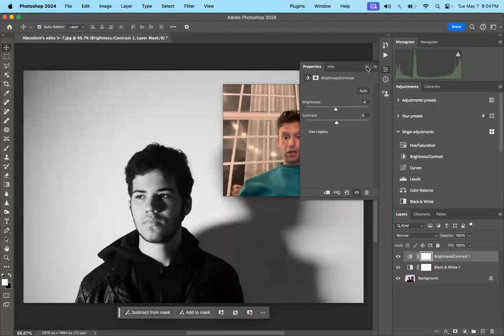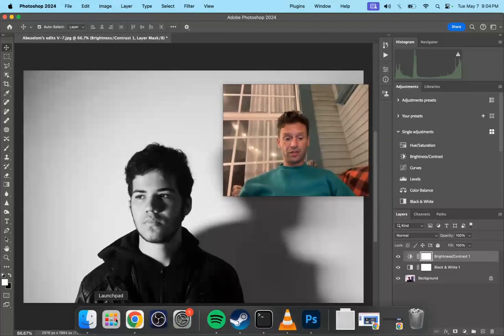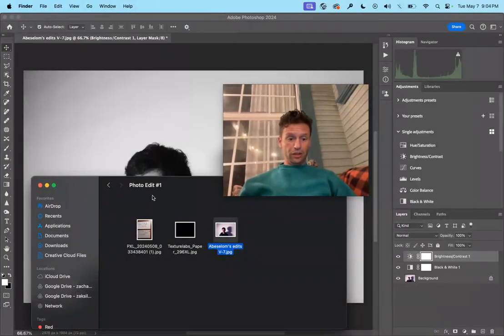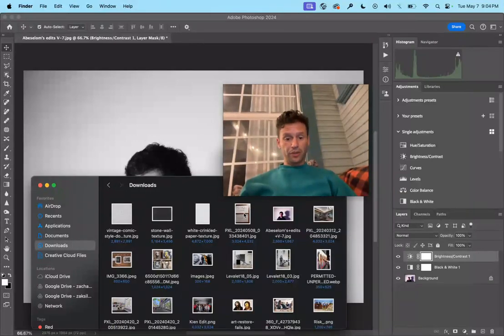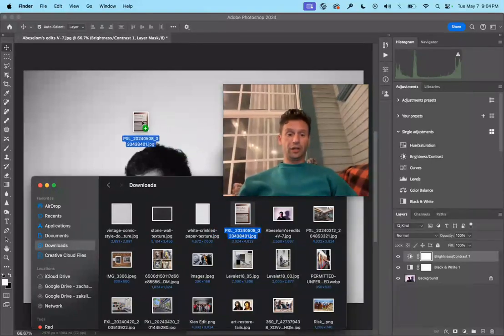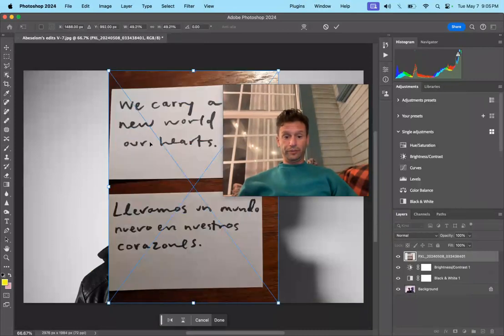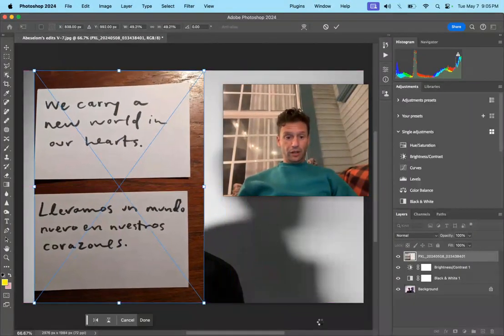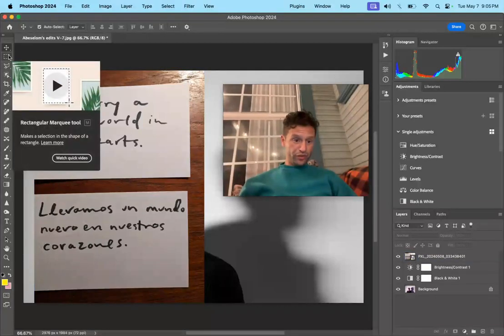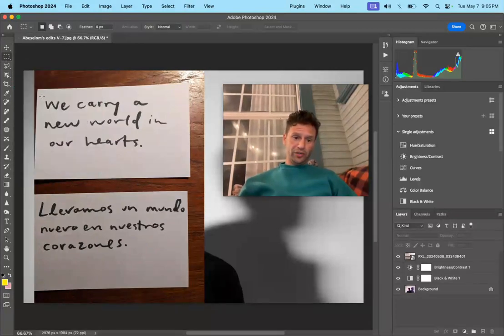Okay, now the next thing that I want to do is go back into my Finder window, and this is in my Google Drive since I put it there. Yours might be in downloads. I'm going to find the picture of the writing that I did and drag it onto this one. Okay. Now, here's my photo. Here's the writing. I'm going to choose this dot dot dot squares, and I'm going to just highlight the